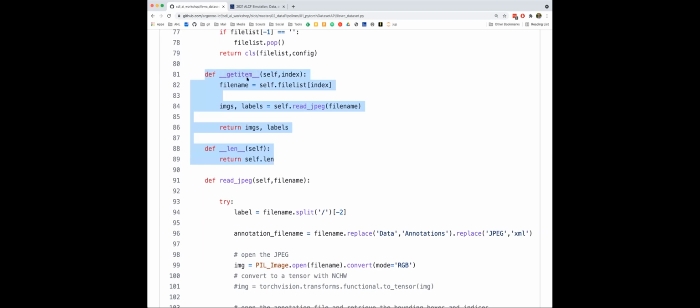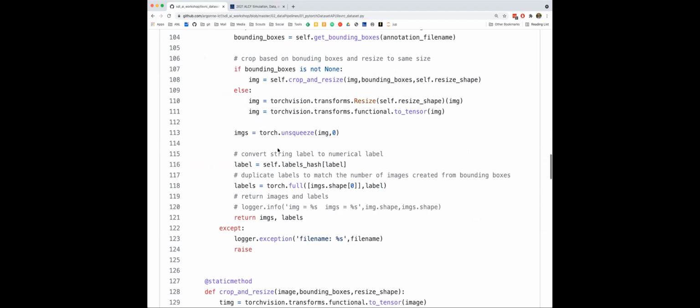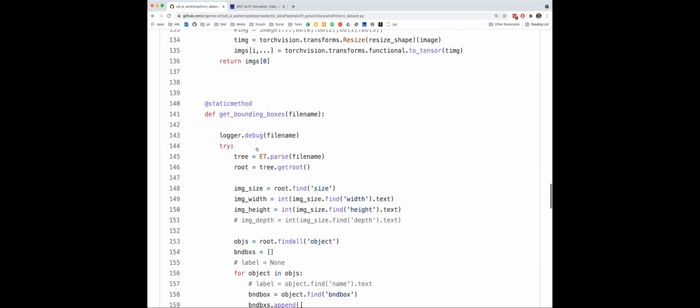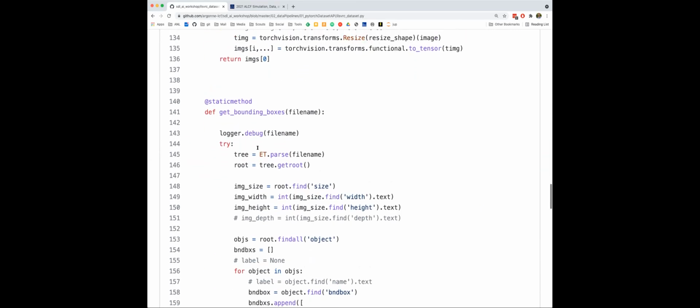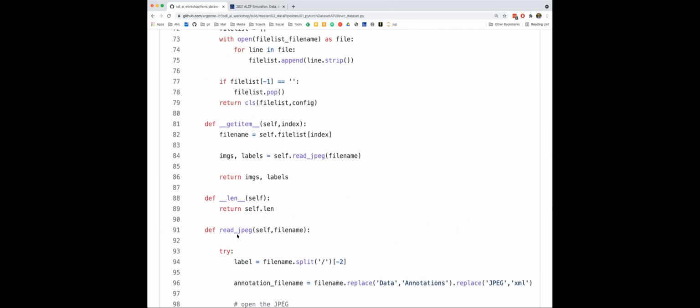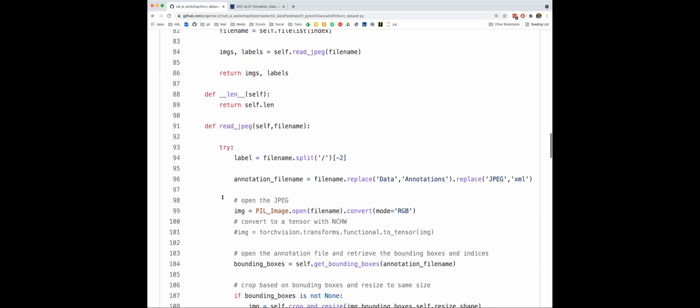The idea is that this object is iterable, so you need the standard Python iterative interface where you've got a get item function and a length function, just like you would in a list. And I have a bunch of helper functions that are similar to the ones that I have in TensorFlow,